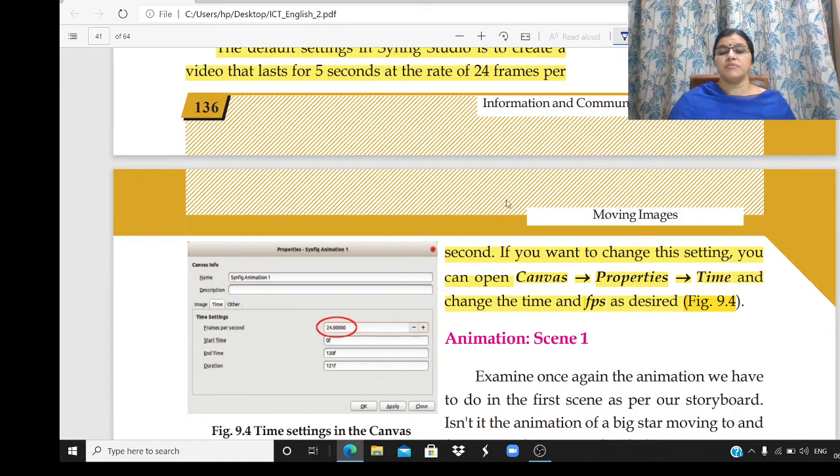First frame is 0F. If you want to change the settings, what is the path? Canvas, properties, time. Change the time and FPS. Underline it: how to change the settings. By default it is what? 1 second, 24 frames. How many seconds are there? 5 seconds. If you want to make changes,